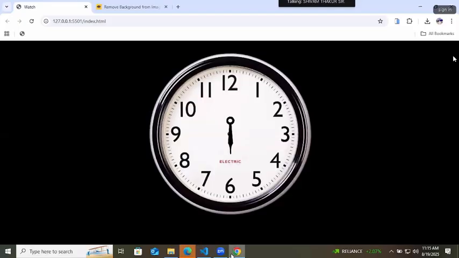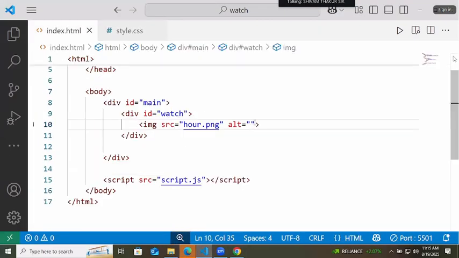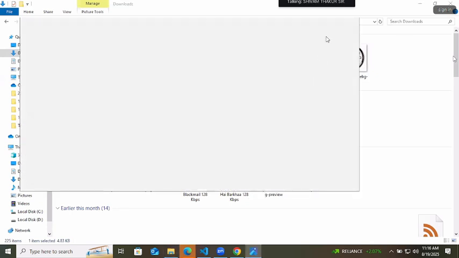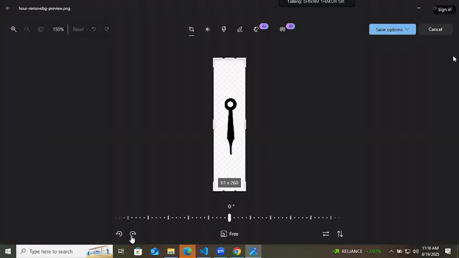By default, we want all of the hands to point towards 12. It means that, okay, to this image, either you can edit it outside, you can rotate it. That will be better. So you edit them outside, because again the code will be very large. So here I will just edit it. In edit, I will rotate it towards top like this. Okay.